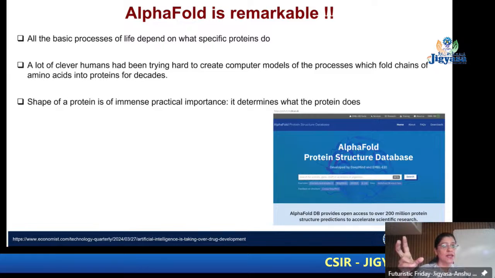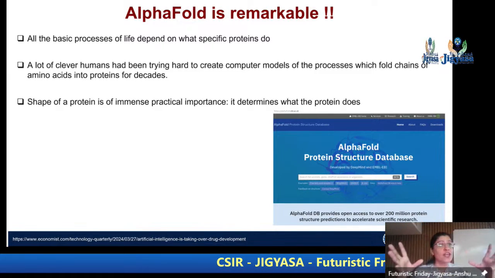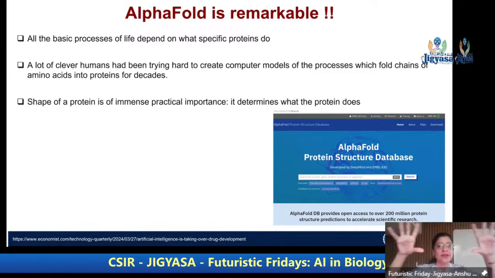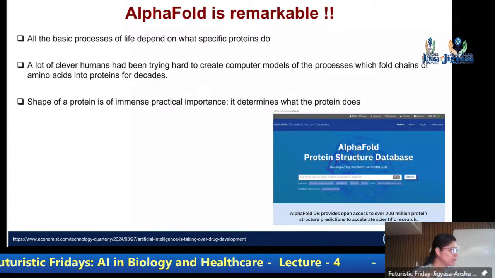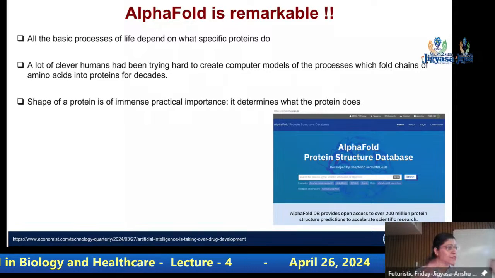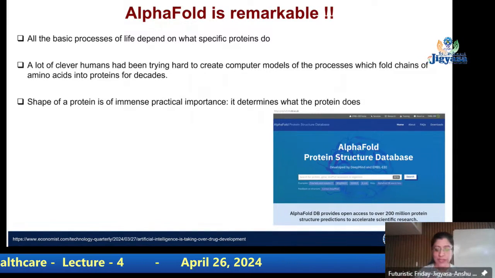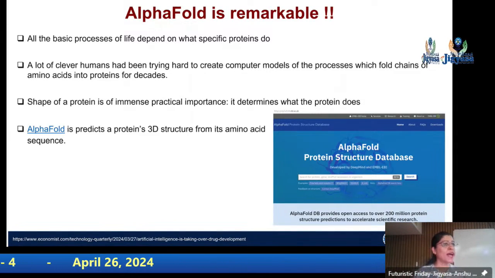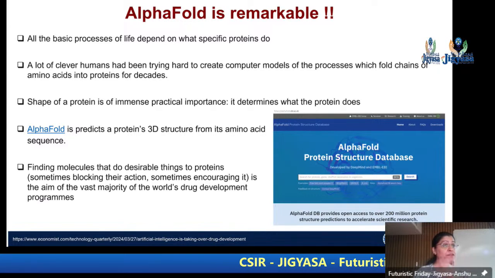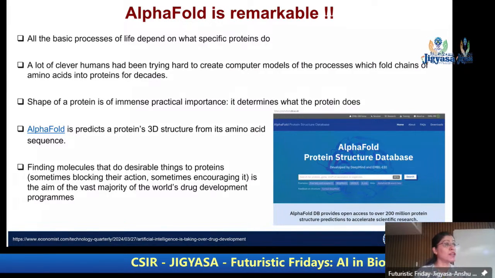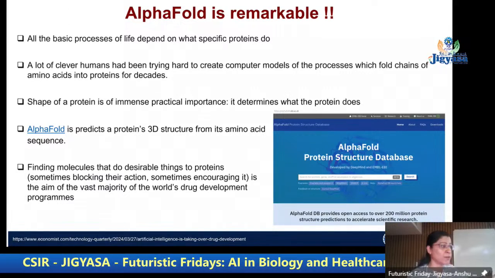So if you don't know how the protein looks, you don't know what it is capable of doing. Now the challenge here is reversed. There we were converting a two-dimensional structure into a one-dimensional series. Here you want to convert a one-dimensional amino acid sequence into a three-dimensional structure, right? AlphaFold actually does that. If you give it an amino acid sequence, it gives you a three-dimensional structure. Now imagine anything that we have not understood so far, in a three-dimensional space, you can do that now.